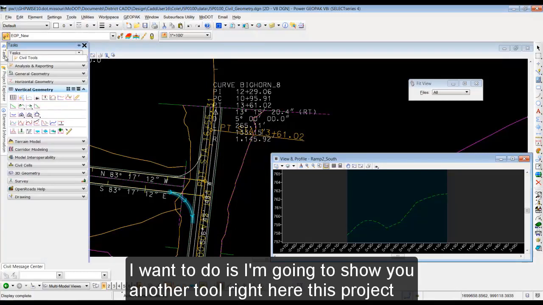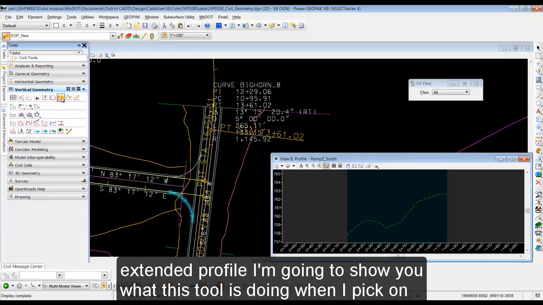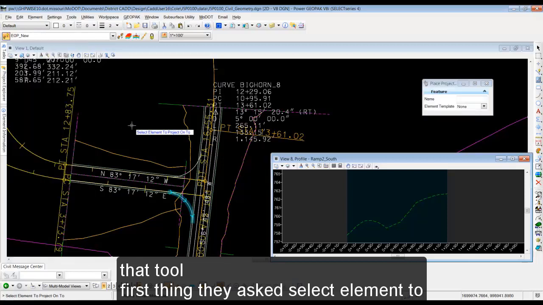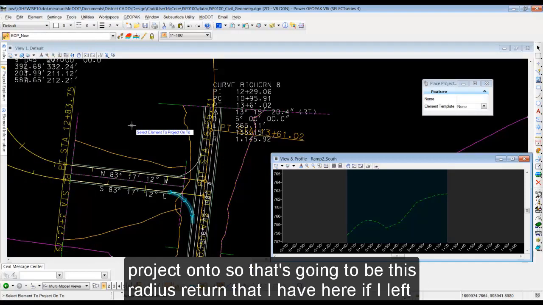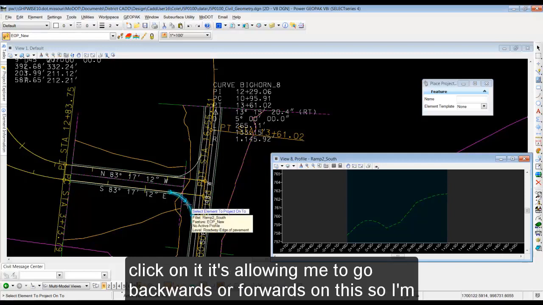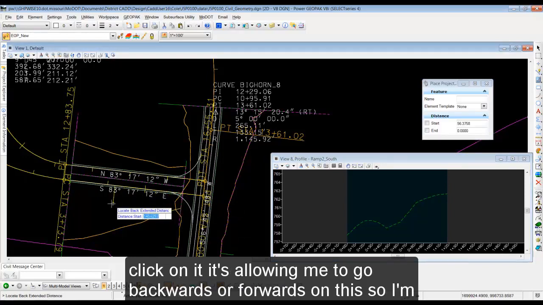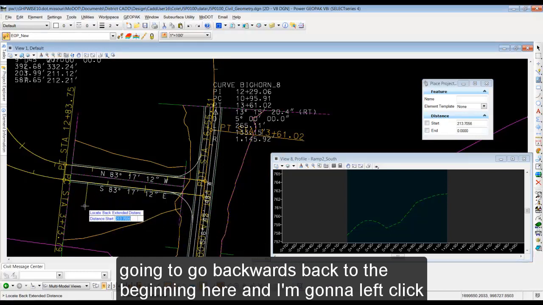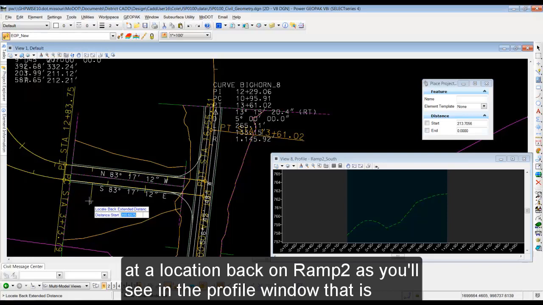Okay. So what I want to do is I'm going to show you another tool right here, this project extended profile. I'm going to show you what this tool is doing. When I pick on that tool, first thing it asks, select element to project onto. So that's going to be this radius return that I have here. If I left click on it, it's allowing me to go backwards or forwards on this. So I'm going to go backwards, back to the beginning here,